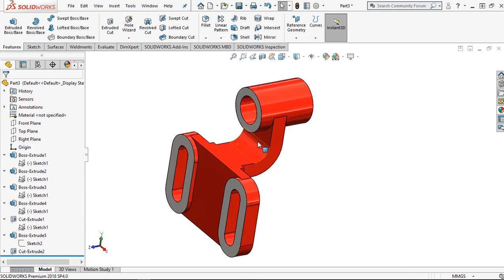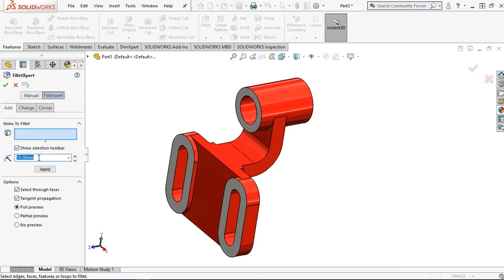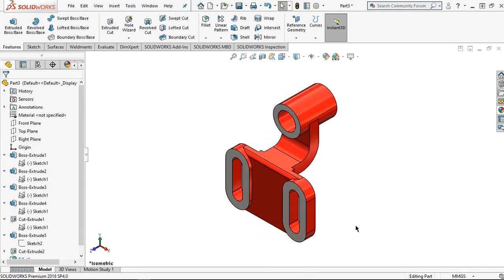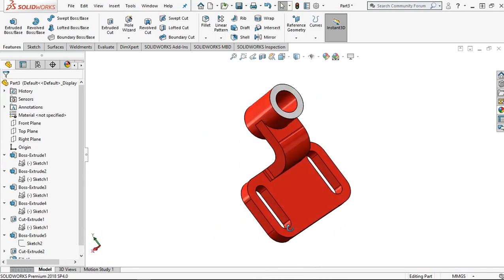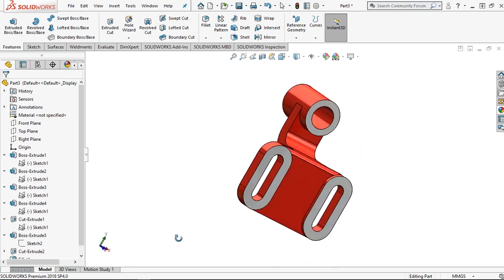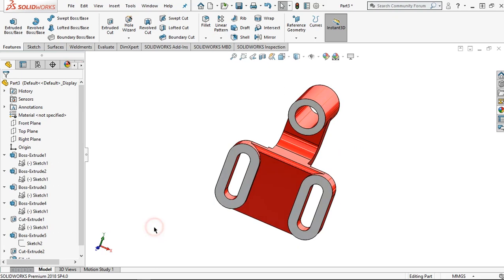The other information, set fillets and rounds are 3. You can add it by clicking fillets. Change the value to 3 mm. For the example, I want to make it from this edge, then OK. Click Ctrl 7 to make it isometric view. Well, the part is done. I hope you like this bearing bracket tutorial. Then see you next time.